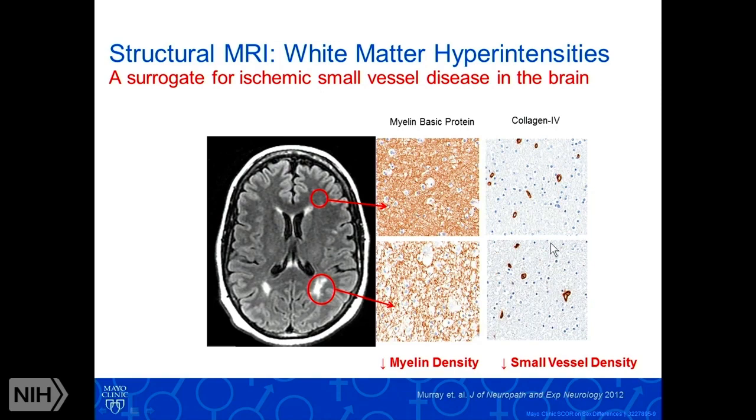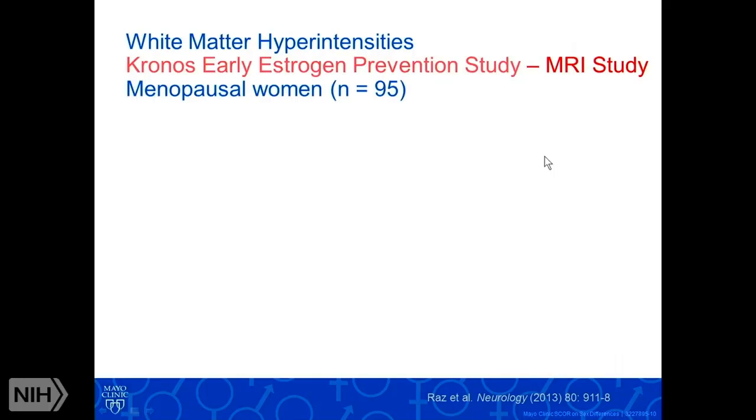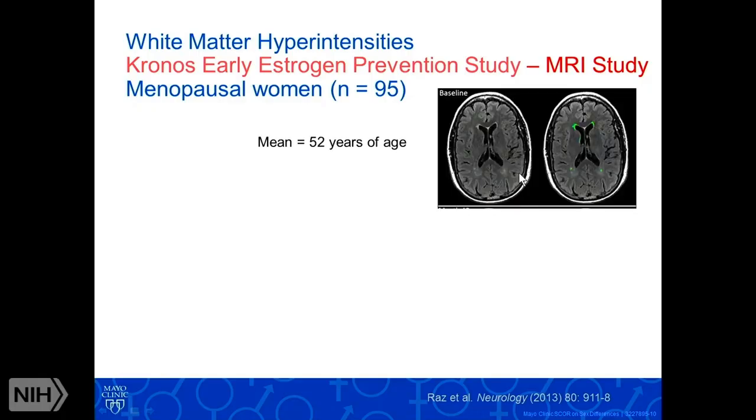What happens to these women as they age? Well, we used another condition specific to women to evaluate this in a prospective manner, and that is the other female-specific condition of menopause, the loss of hormones in midlife. In the Kronos Early Estrogen Prevention Study, we imaged women between the ages of 42 and 58. The mean age was 52. Again, we have this horizontal look through the brain. The white matter hyperintensities here are masked in green so that they can be better quantified. The average age of the women that we examined in this study was 52. I consider this pretty young